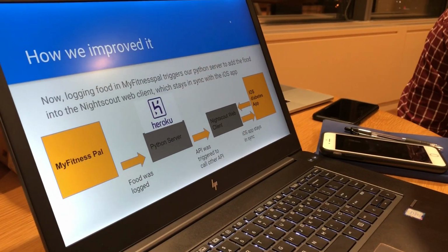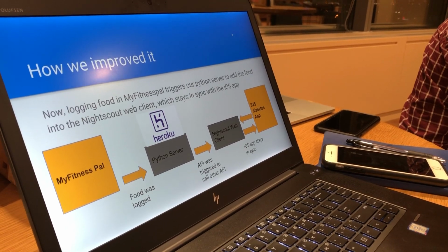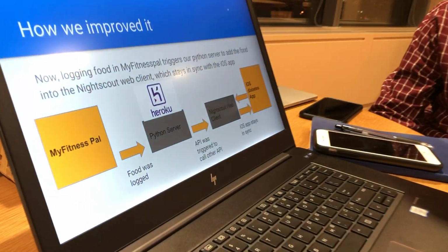So we'll kind of swap the camera over here. All right, so now we're going to talk about how we actually implemented this. So the way we did this was we took MyFitnessPal, and with anybody's account, you can enter your credentials, and it's going to go through a Python server that's going to ping the server every so often, and it's going to go through a Heroku app, and then what it's going to do after that is it's going to call